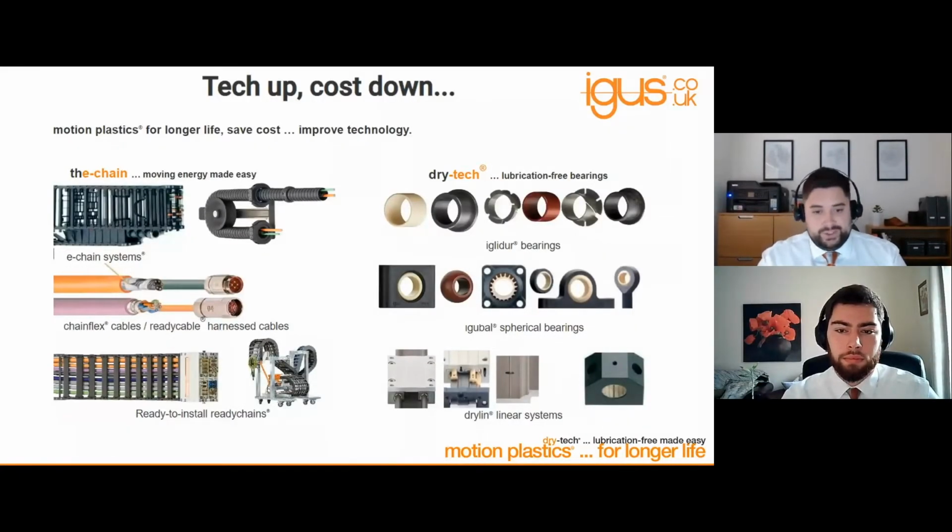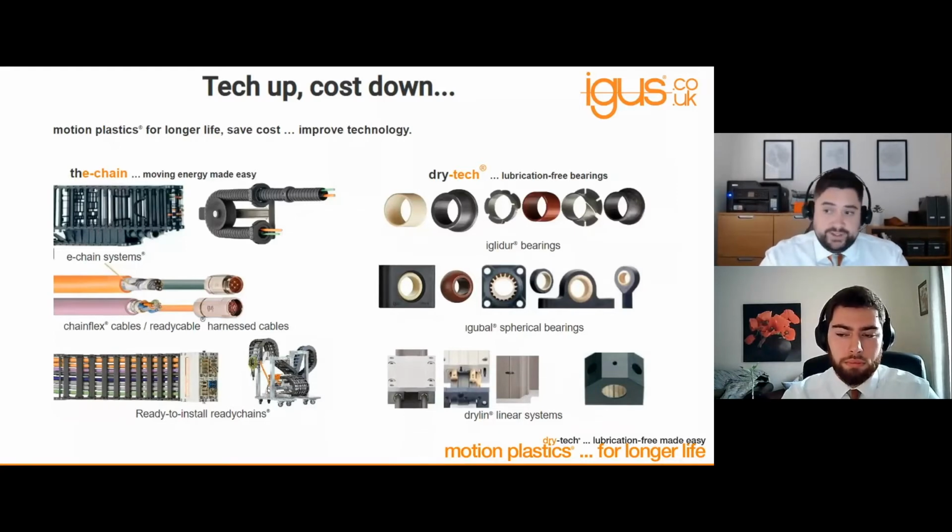So looking at these products in a little bit more detail, we have two sides to the Aegis business. One is energy chain, like I mentioned before. So we have chain systems and robotic management systems, where if you have cables or hoses or any kind of power that is moving, then that should be managed. It has to be managed within a system which will protect it, which will make it last as long as you want it to.